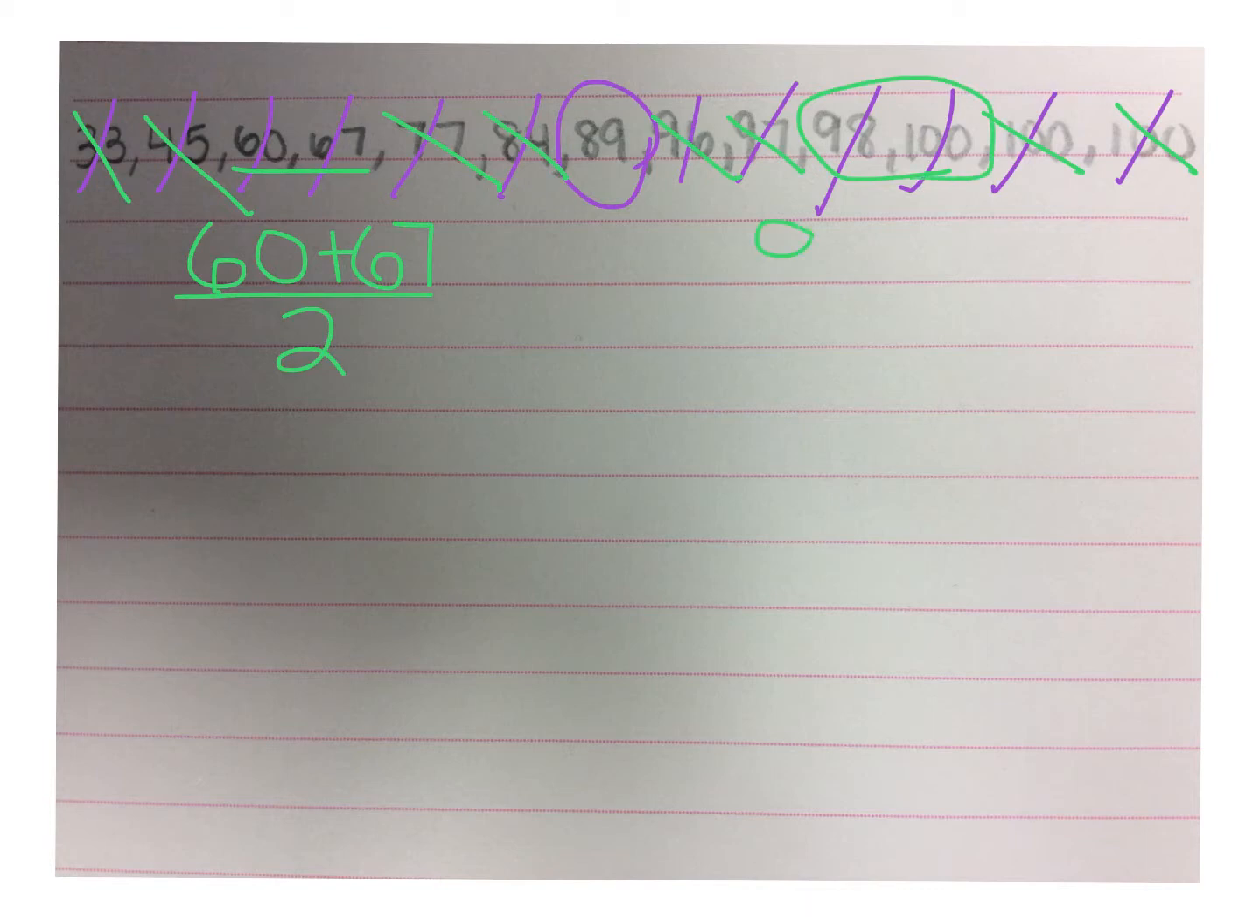So in this case, that one's a little easier. 98 plus 100 divided by 2. Well, what number is right between 98 and 100? 99. Okay, so the lower one is